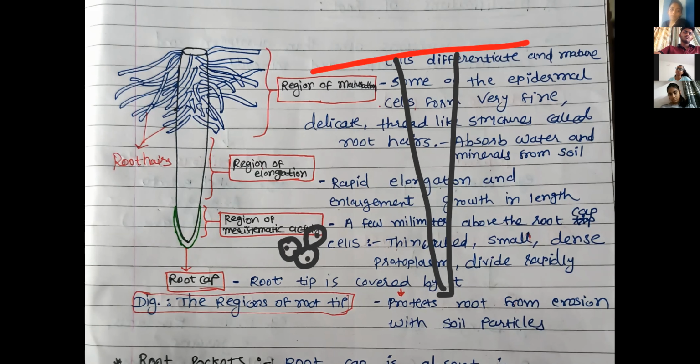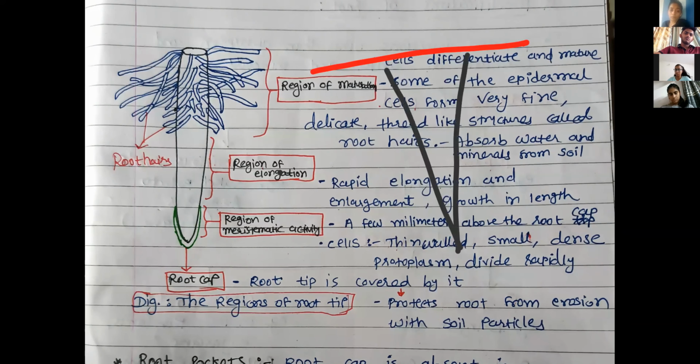Then cytoplasm, they divide rapidly, nucleus is present, vacuoles are not present, because the cell is very small in size, right? Where would a vacuole fit in it? Just cytoplasm is there. So on the basis of this concept, vacuoles are absent. Remember, the first zone or region towards the tip part of the root, we call the region of meristematic activity. This much region we call meristematic activity.